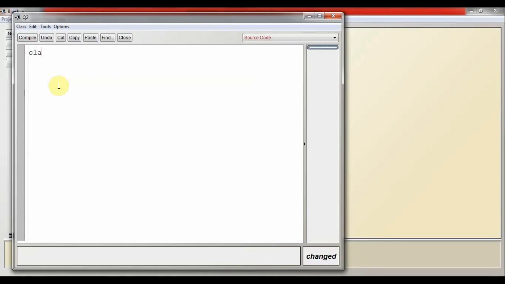So here I am writing class, and the class name is Q2, curly brace open. Now static void main, bracket open, bracket close. Now again curly brace open. Here I am defining 4 variables: int a, b, c and d.